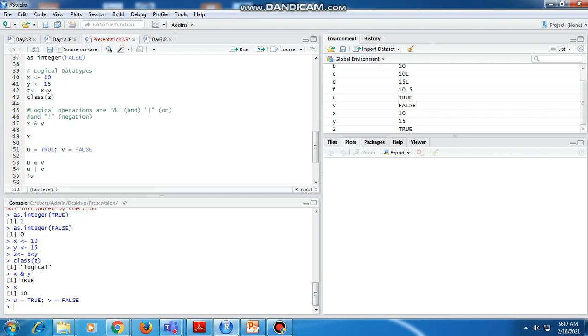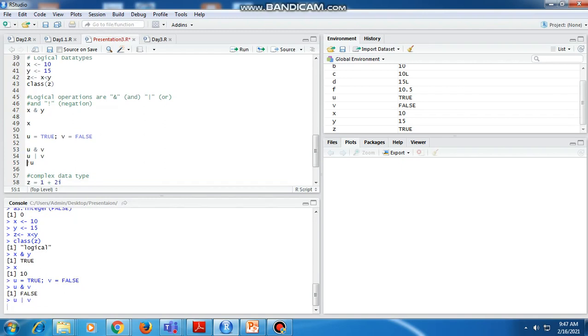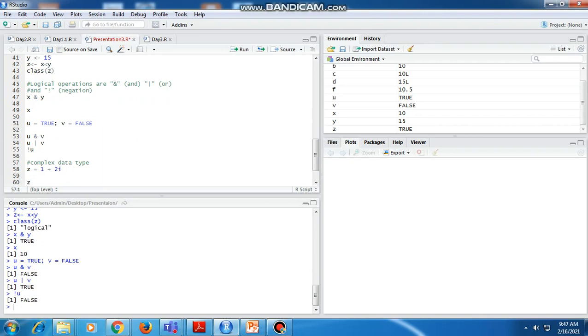Doing the AND of u and v shows the return value false, since true and false is false. Then u OR v is true, and negation of u returns false.